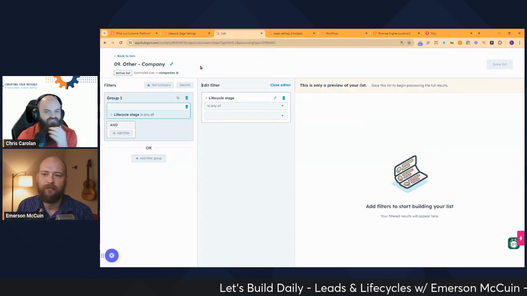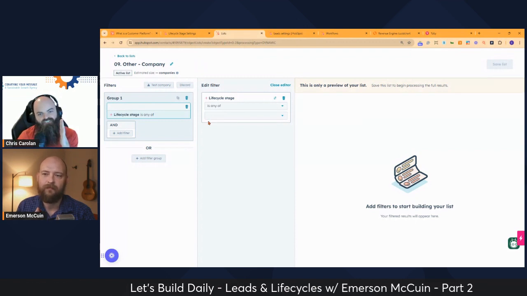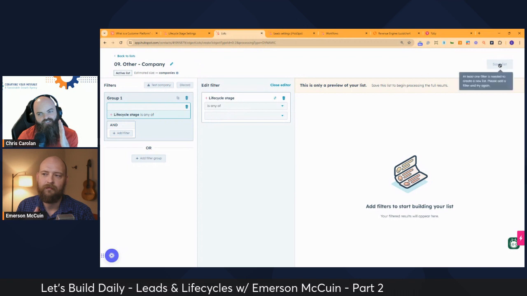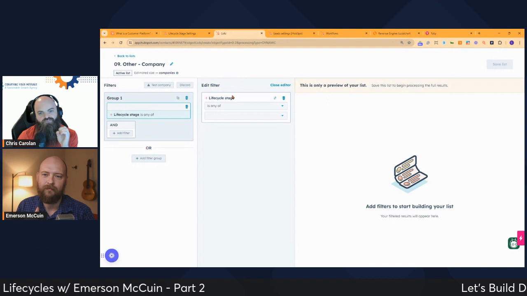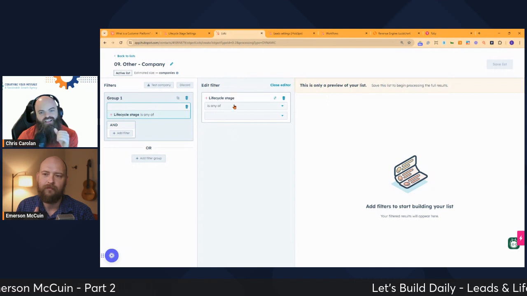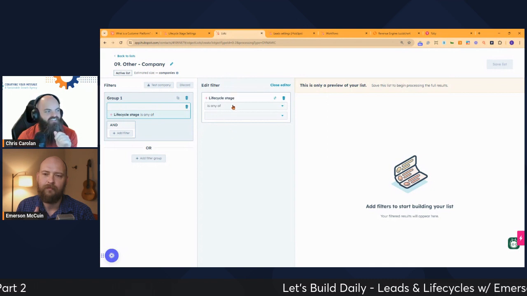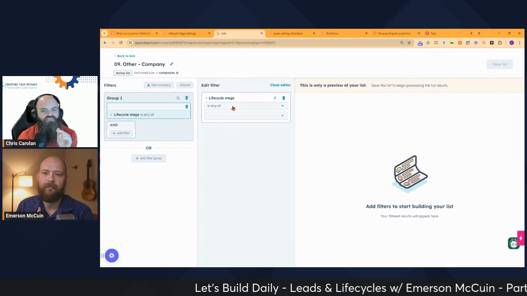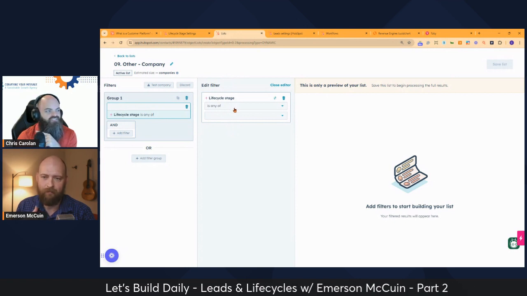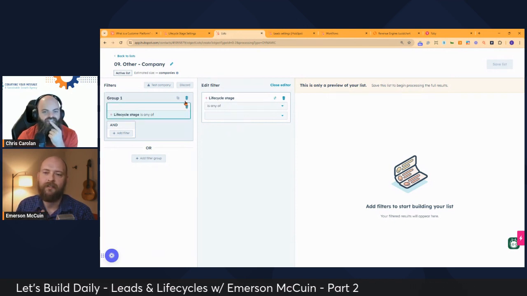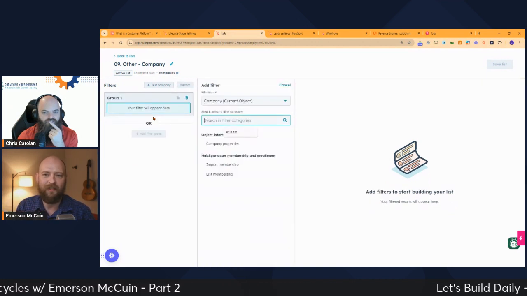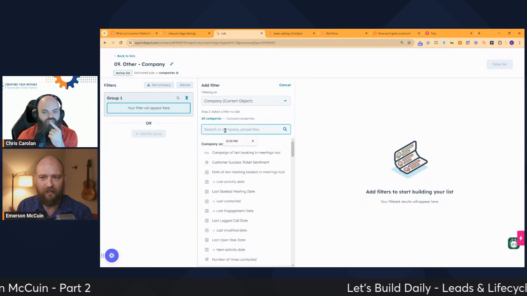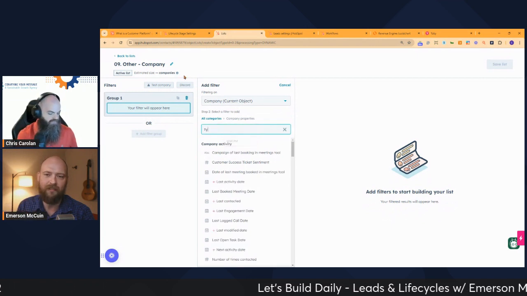Exactly. At this point, the list, they will not have the label other yet. Correct. And you're going to use the workflows to do that. Exactly. These are our entry and exit criteria lists that the workflows will then use to assign the lead status or the lifecycle stage based on what is in this list.